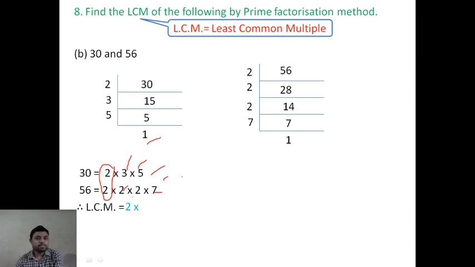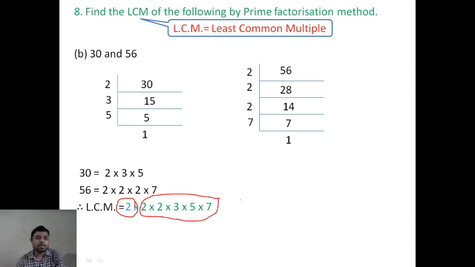Is it clear? So what you will do now is write all the uncommon factors, all the extra factors, here as the product. So what you have to keep in your mind: first write the common factors, and then write all the remaining extra factors, then do the product, and it will be the LCM. So easy. Is it clear, my dear students?